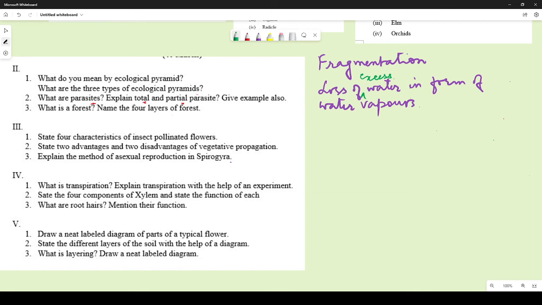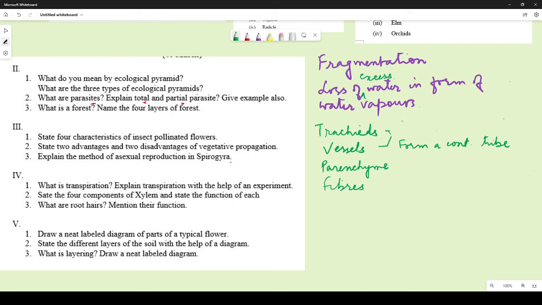State the 4 components of xylem and state the functions of each. So the 4 components of xylem are tracheids, then vessels, then xylem parenchyma, and xylem fiber, right? So tracheids are responsible for upward conduction. Tracheids and vessels, in fact, both of them are responsible for upward conduction of water. Vessels form a continuous tube,